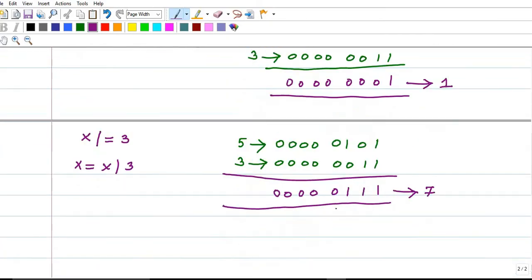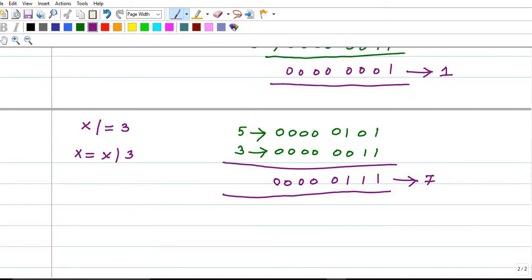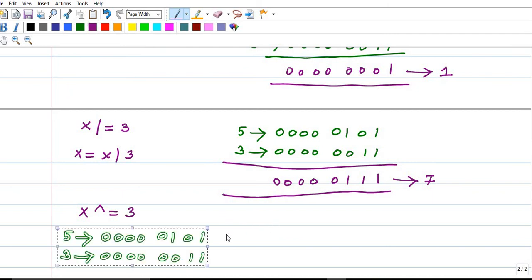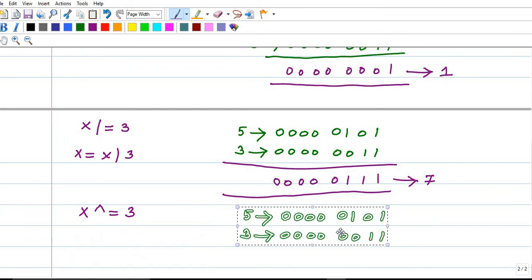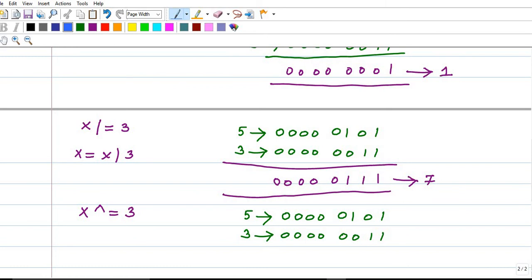Similarly, we can do bitwise XOR, then that value can be assigned to x. So the symbol is x hat is equal to 3. So I'll do the XOR operation, bitwise XOR between x and 3.